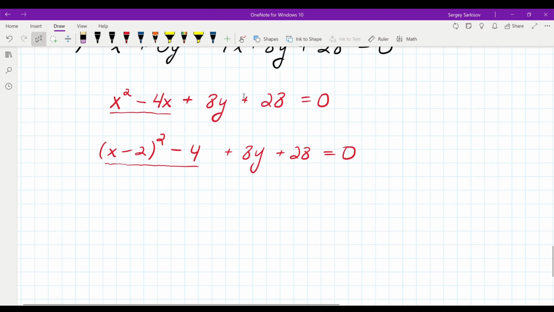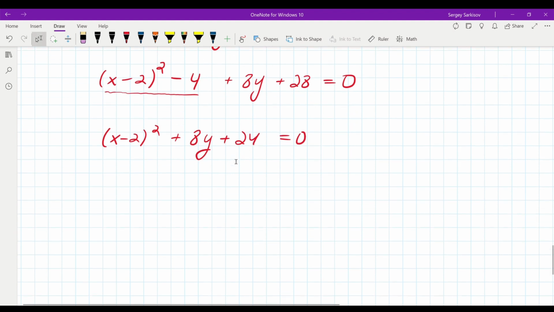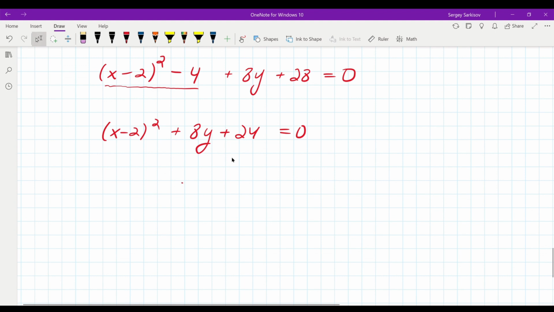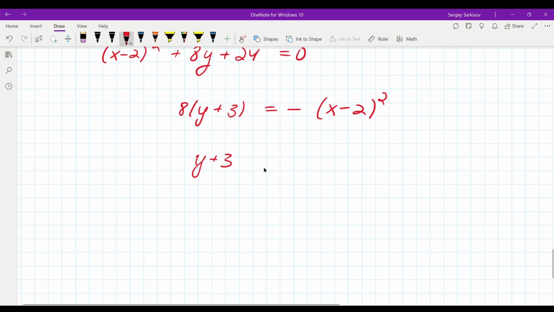I'm not going to prove the parabola anymore. We've done this in many other videos, the equation, all that. But let me show you what happens here. So you get x minus 2 squared plus 8y, and then plus 24 equals 0. Get rid of the x squared stuff to the right and factor out the 8. So 8 times y plus 3 is equal to negative x minus 2 squared. You see that, everyone? And y plus 3. I'm going a little quicker on the arithmetic than maybe you like, but go ahead and pause the video, check it on your own, and you'll get negative 1 over 8 times x minus 2